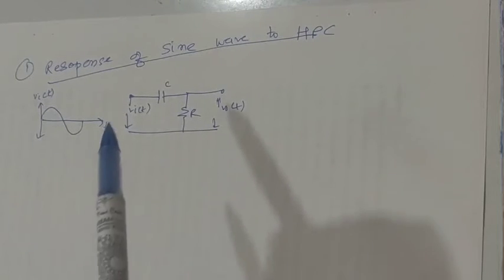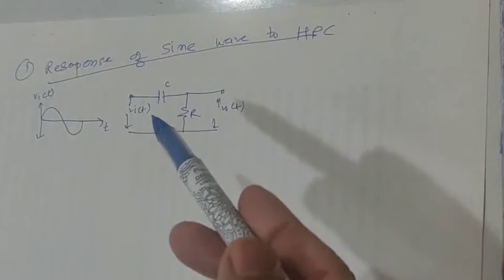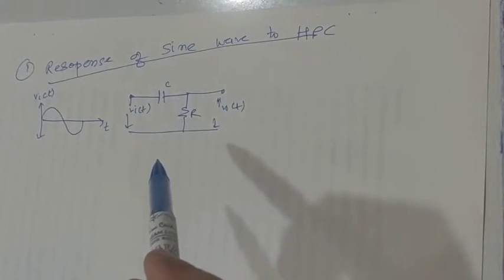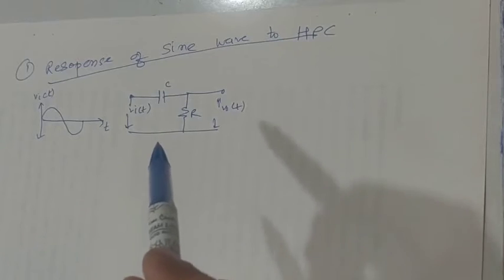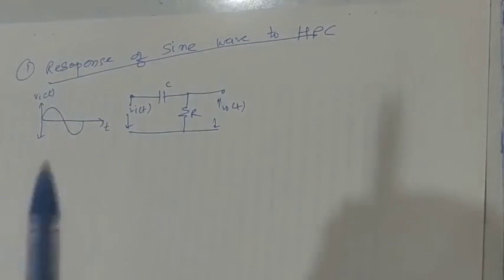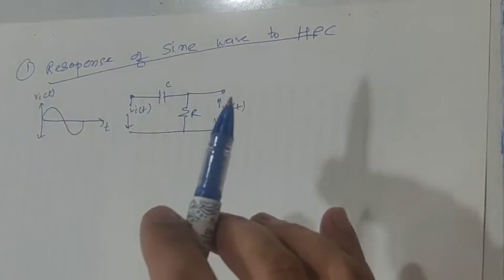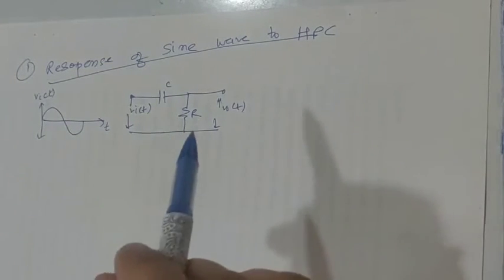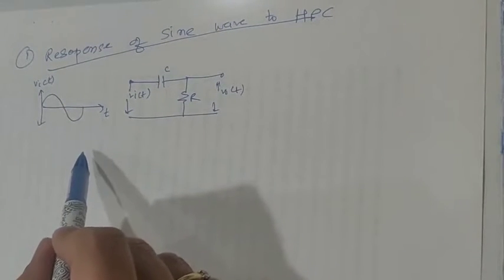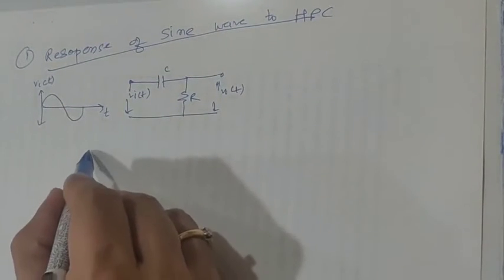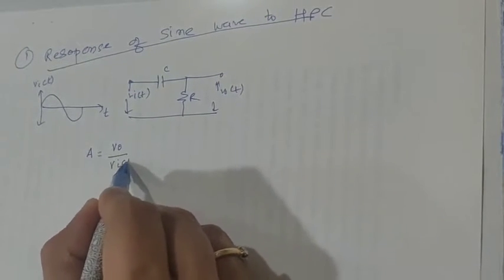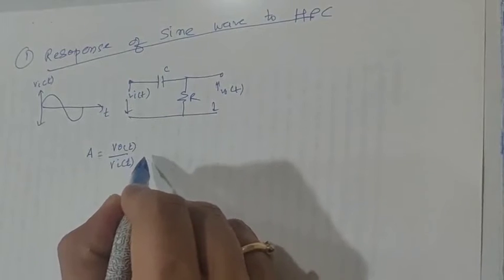But then, if the amplitude is changing, our task is to find the gain of the amplifier, so that we can find how much the output is going to be altered. Of course the sinusoidal wave will remain a sinusoidal wave, but the amplitude is going to change. So that is my task now, to find the gain of the amplifier. Now see here, the gain A is nothing but V0 upon Vi. So I will write V0 of t upon Vi of t.